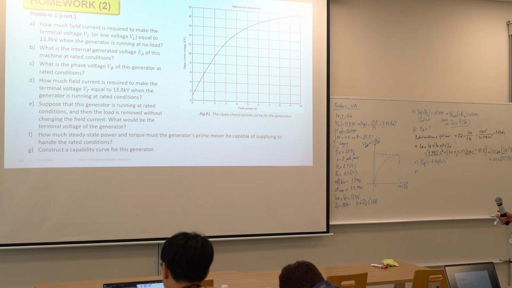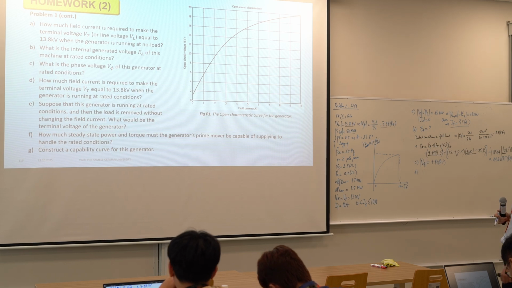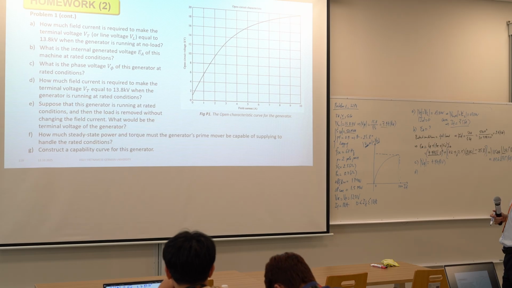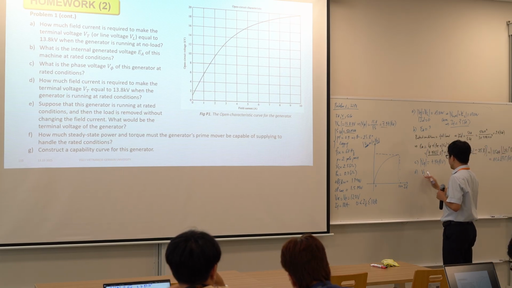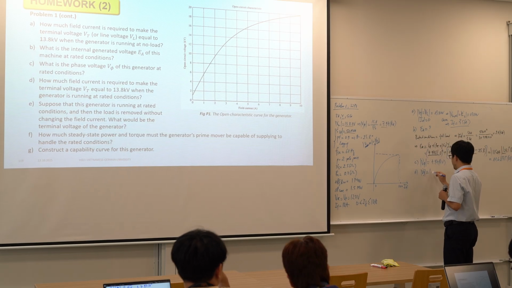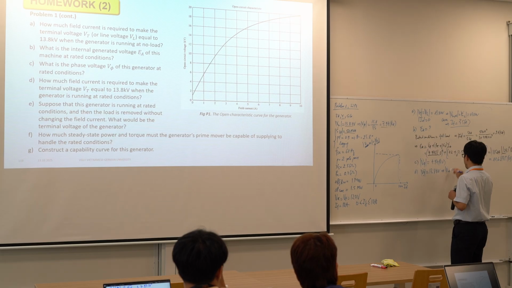They ask us to calculate field current in such a way that the terminal voltage is 13.8 kV. So if terminal voltage is 13.8 kV, that means phase voltage is